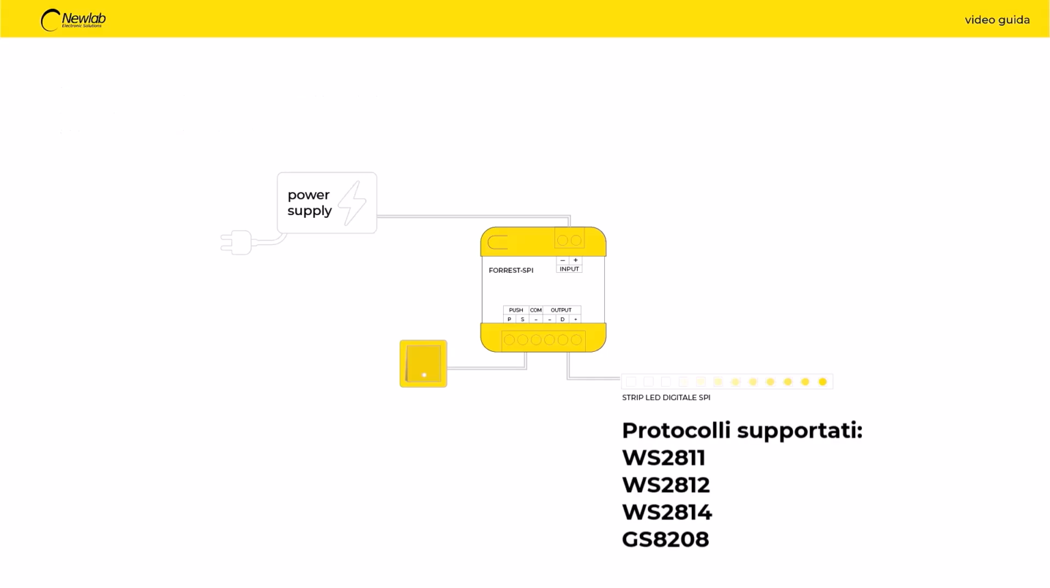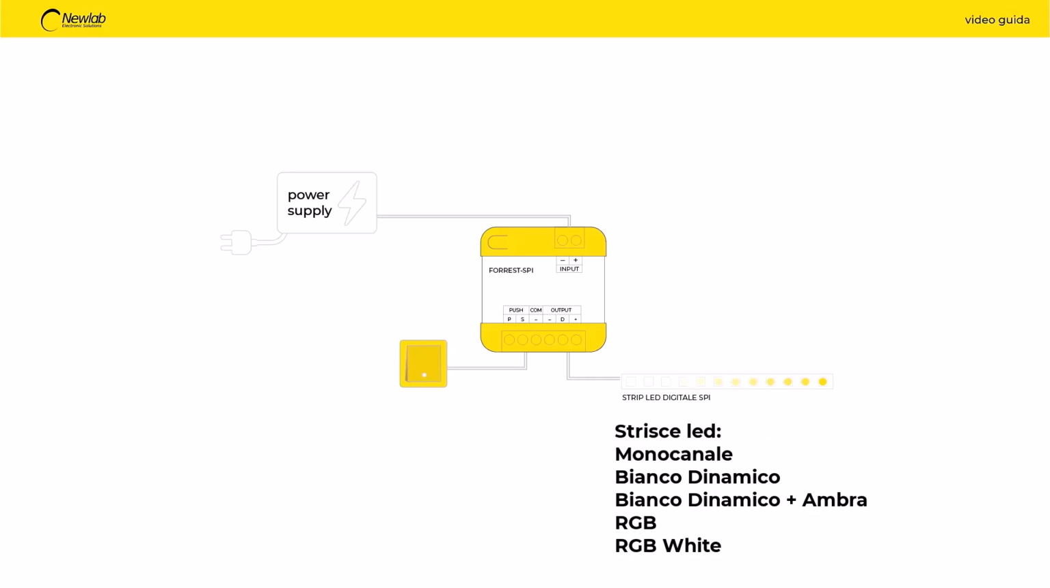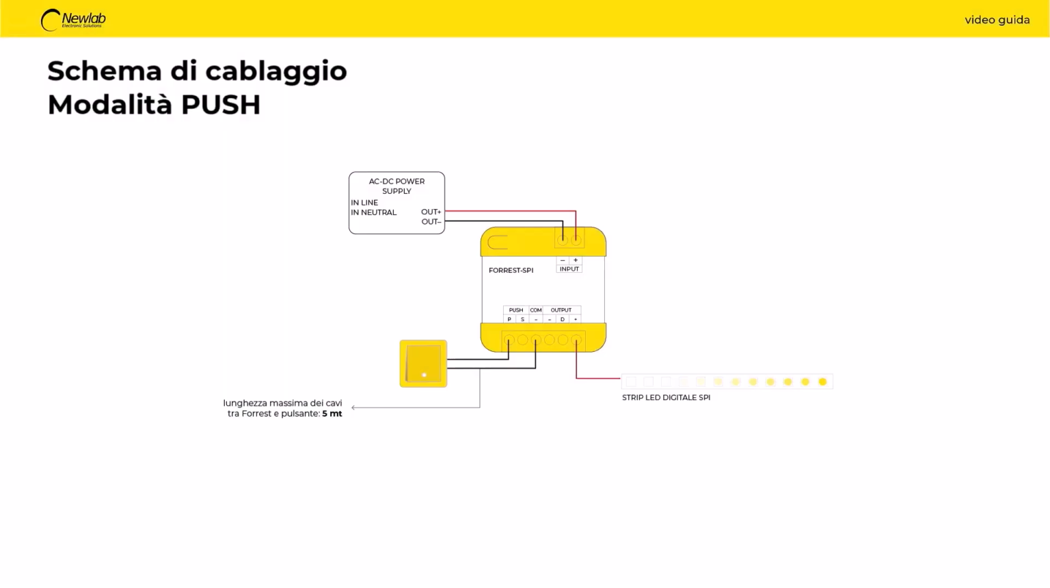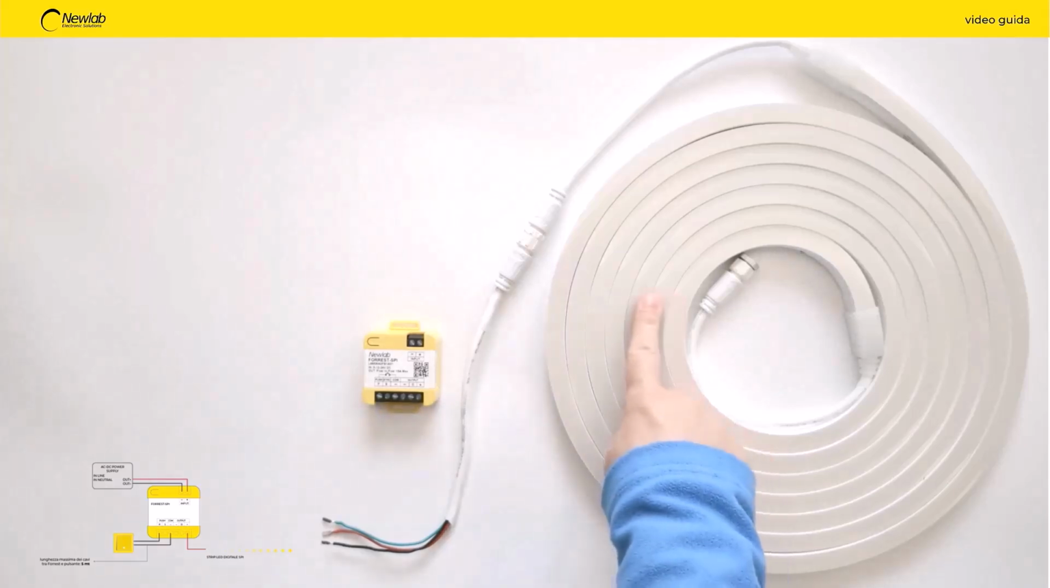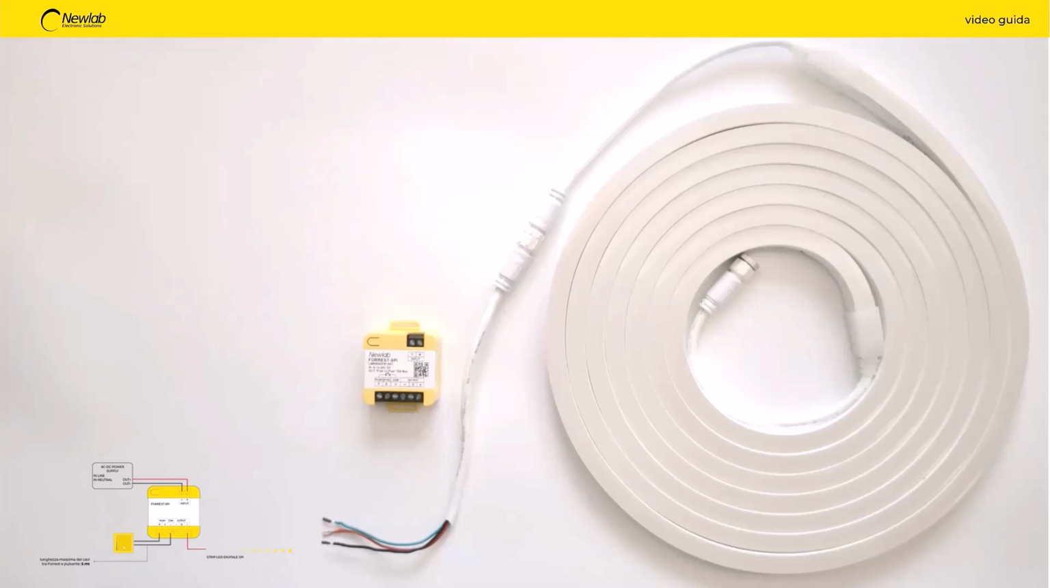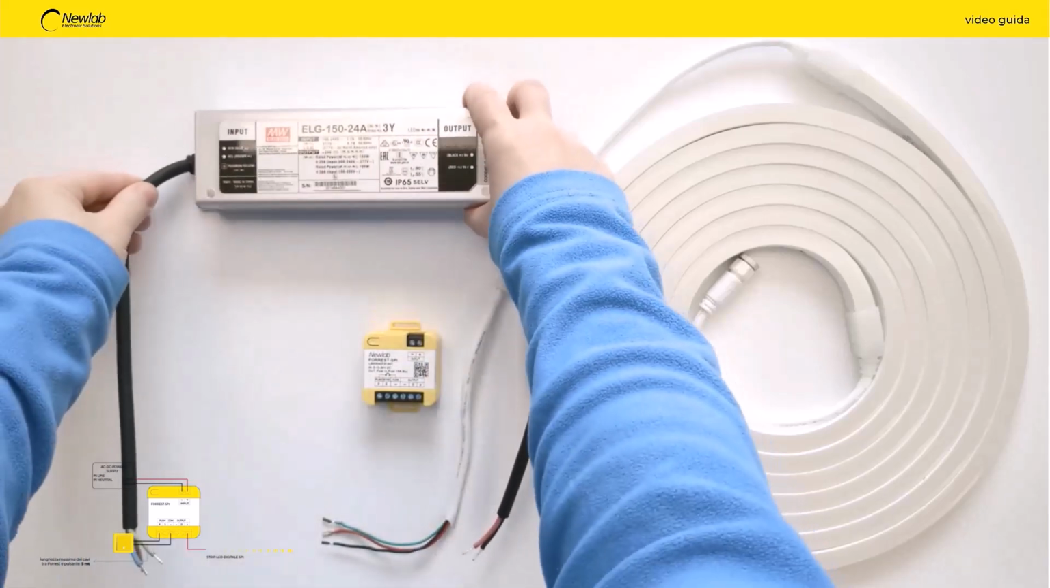Supported protocols are WS2811, WS2812, WS2814, GS8208. Supported strips can be single channel, dynamic white plus amber, RGB+White. Push mode. You will need a 3-wire pixel-to-pixel digital LED strip, a power supply unit,